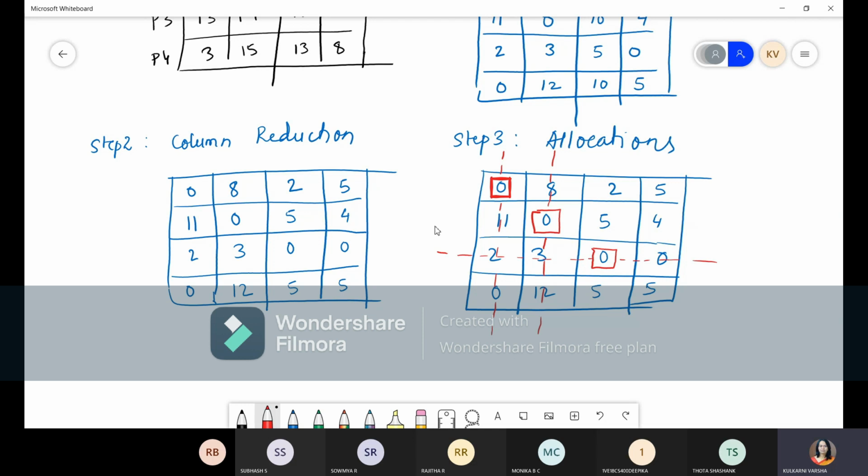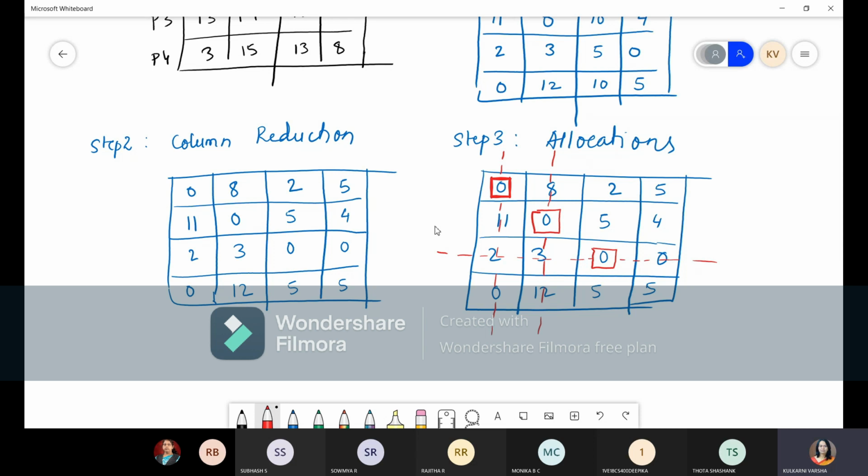As we cancel the row, we go for the next column. In the next column there is no 0 now. This 0 was there, but it got cancelled. So there is no 0. Right? So we cannot do it. Now once again check for row wise. Whether row wise is possible? No. There is no 0. Column wise possible? No. That means what? We cannot do any allocations now. Whether you go for row wise scanning or column wise scanning, you cannot do any further allocations.